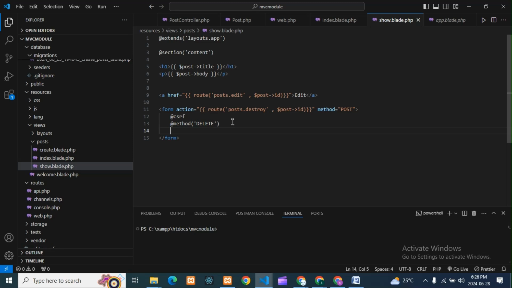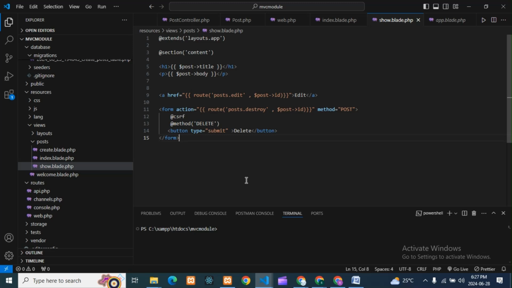And here is a button. I don't want capital. In the button, type is equal to submit, and here Delete will come.